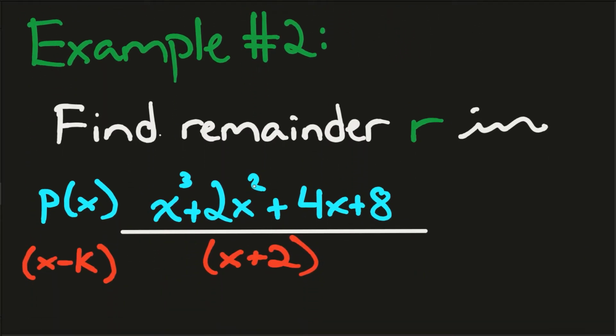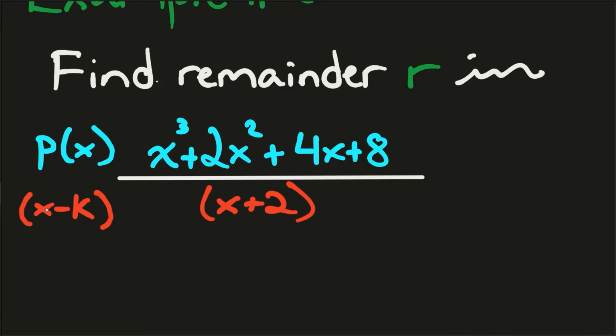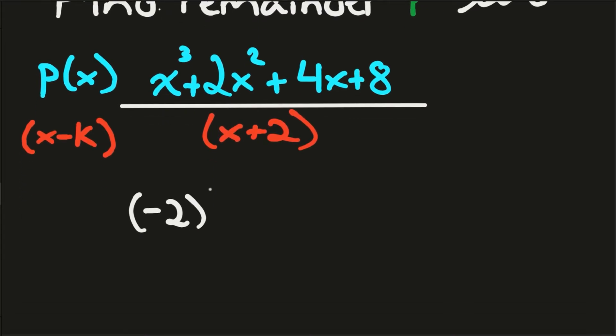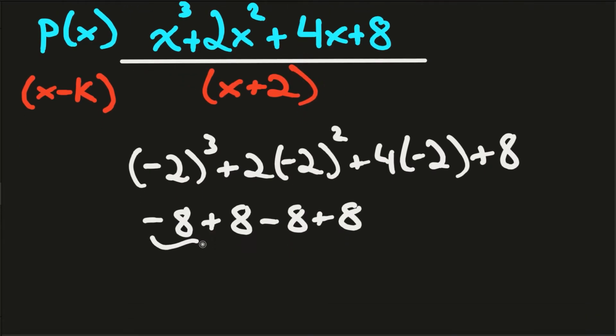So let's see if the second example is any different. We want to find the remainder r in this polynomial divided by this linear factor. So as we can recall, we want to substitute in whatever makes this expression equal 0. In this case, it would be negative 2. So let's do that. Negative 2 quantity cubed plus 2 times negative 2 quantity squared plus 4 times negative 2 plus 8. So this simplifies to negative 8, this simplifies to 8, this simplifies to negative 8, and this to plus 8. And as we know, this is 0, and this is 0 for a combined total of 0,